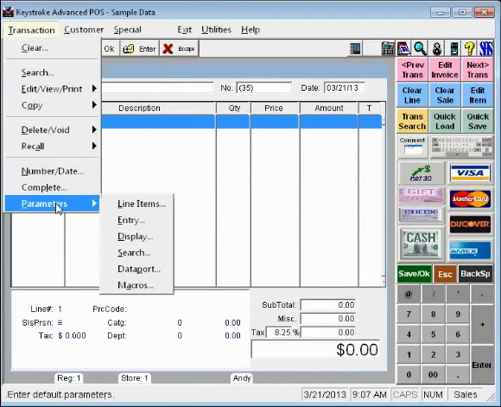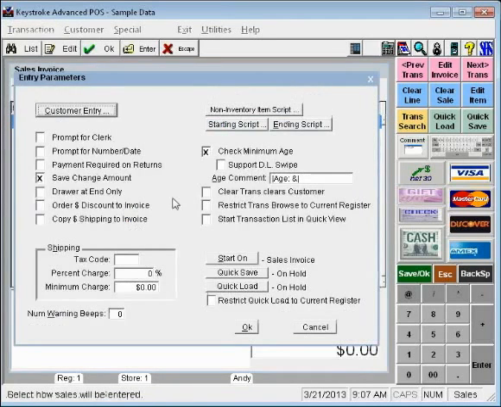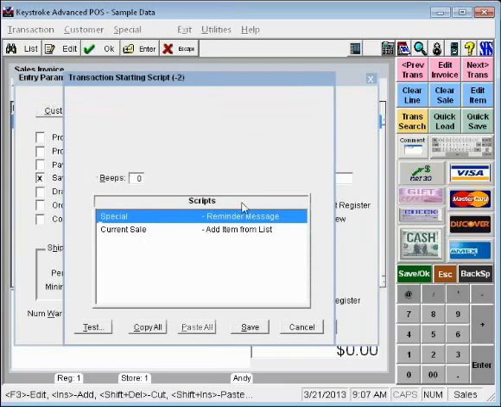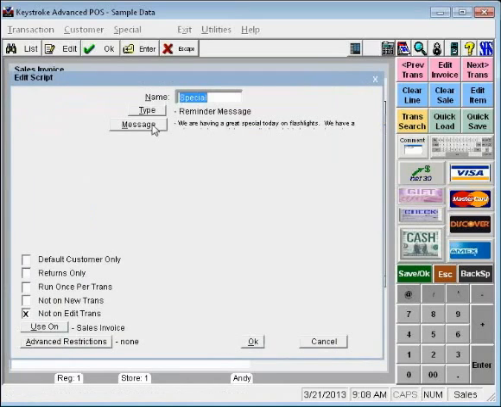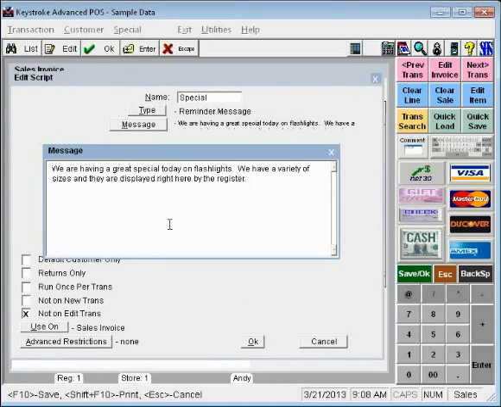It's entered under transaction parameters and entry, and here we have a starting script and an ending script, so for the start of the transaction and the end of the transaction. I've got this set up under starting script. I've got my message that tells me we're having the great special. If I wanted to, I could come in here and say